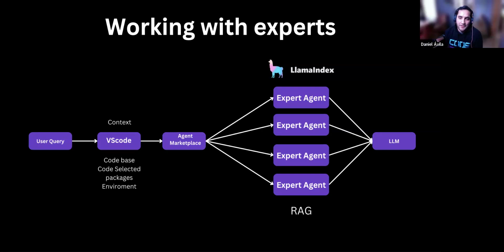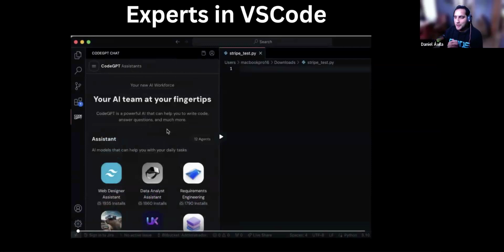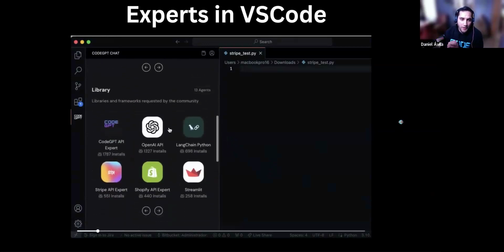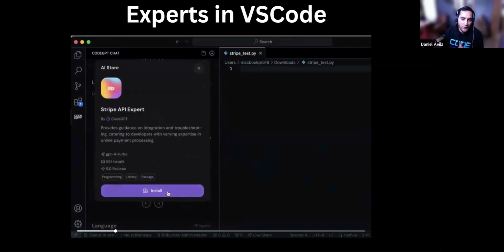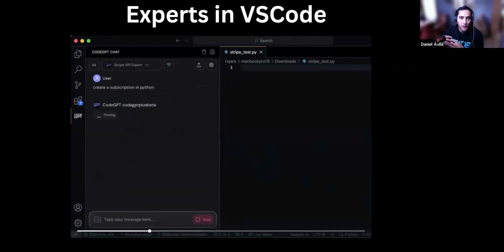And that is not enough, so we are working with repos too. So when we work with documents or libraries, if we have examples or documentation, that will work. For example, in this example, I'm using the Stripe API. So you just have to select the expert agent, and you are going to be able to ask questions about the Stripe API.